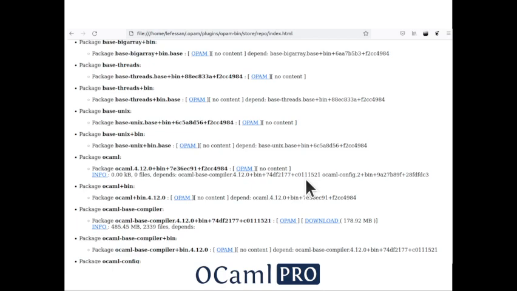If we have a look at the index.html file, you can see that all the packages that we created before are there. Actually, for every package, there are two packages created. One is the binary version of the package, and one is a package plus bin. That means that, for example, if you want to really force the use of a binary package instead of a source package, you can use this new package name so that it will force the installation of the binary version.